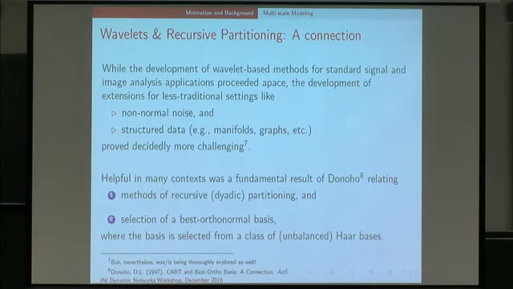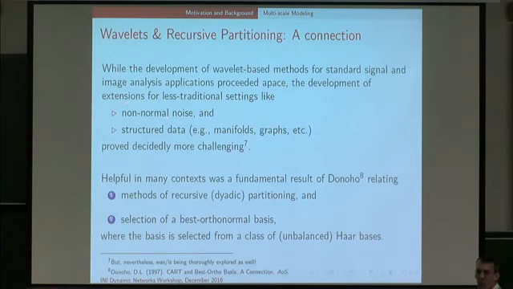Interestingly, after maybe the first 5 or so years of development, as people started pushing the forefront of this onto other areas that weren't simply a time series or an image, we found that it got hard quickly, right? Which I guess is a good thing in a way. But you want to have it be hard quickly, but with traction. And things that were particularly making it hard were non-normal noise, right?